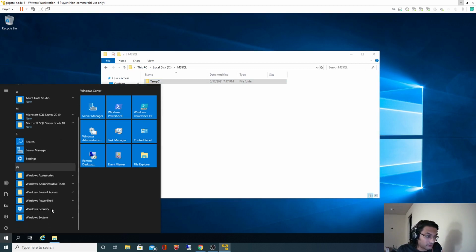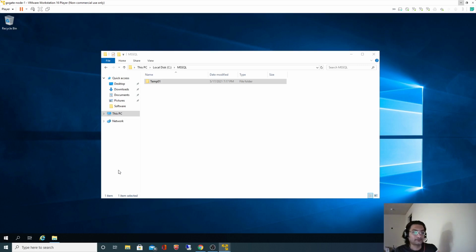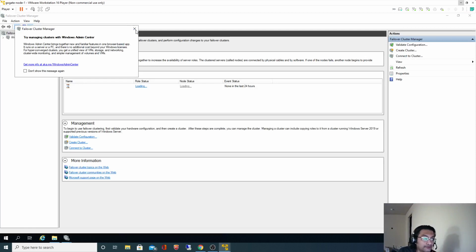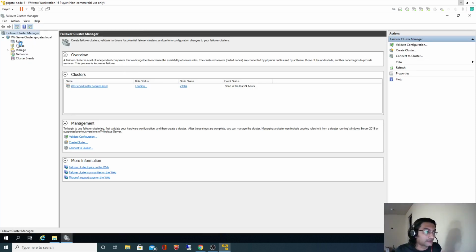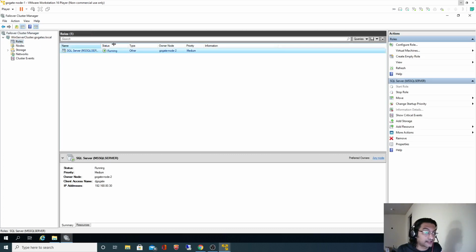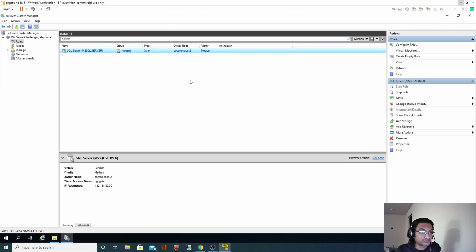And I will open Failover Cluster Manager. And if I check my role, the SQL Server instance is currently owned by node 2. I will move that to node 1 now. Okay. So now my SQL instance is running on node 1. Let's check